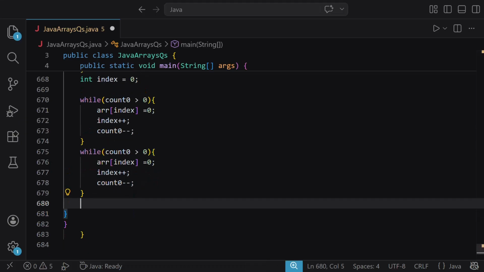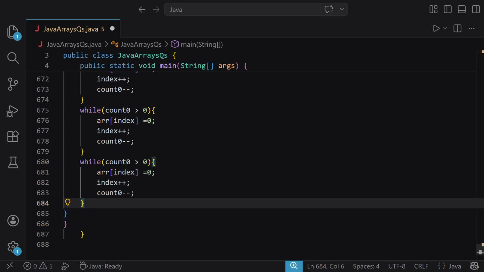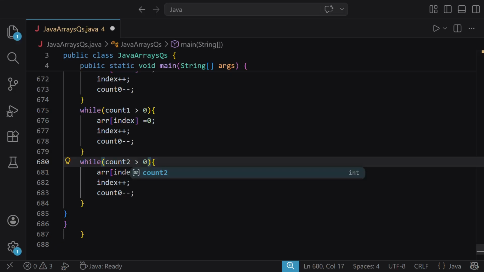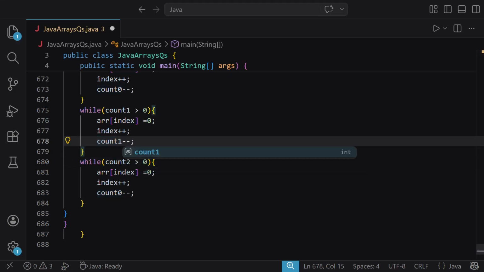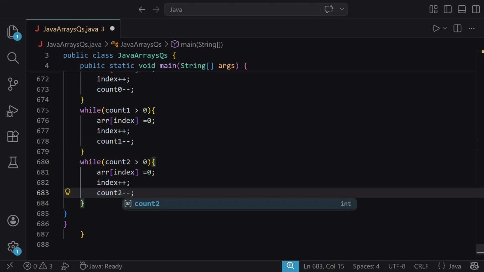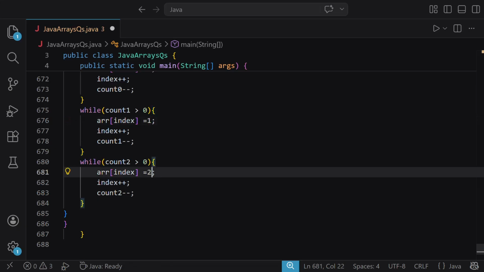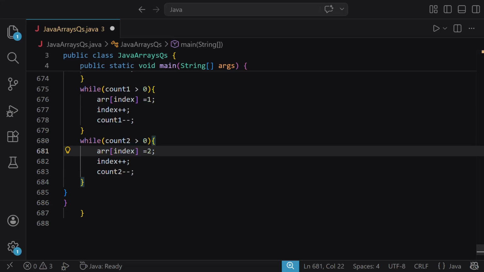So let us just copy this. For 1 and 2, and 1 should be added here, here 2 should be added, and at the last we just have to print,